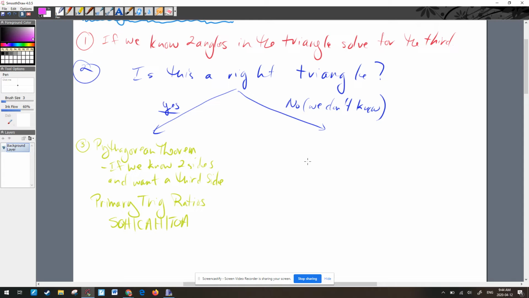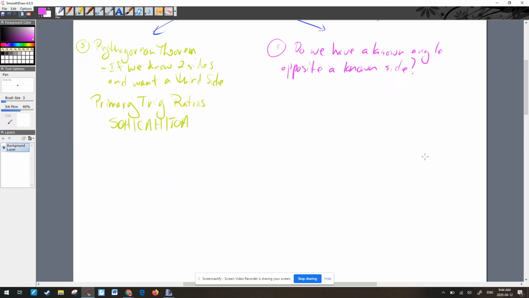Now, on we go. If the answer to is this a right triangle is no, or we don't know, we have some more questions to ask. So the next question we're going to ask is, do we have a known angle opposite a known side? Okay, so what I mean by that is, after we've got all of our labeling done